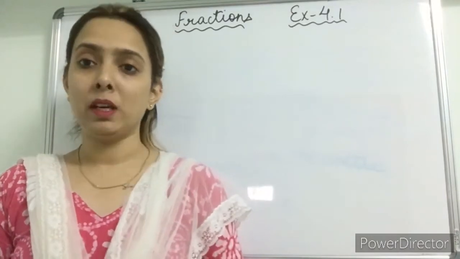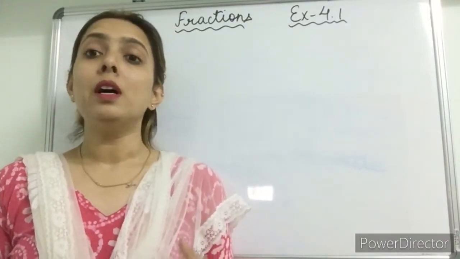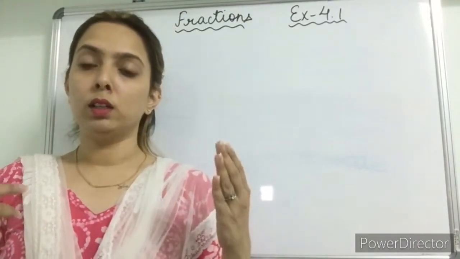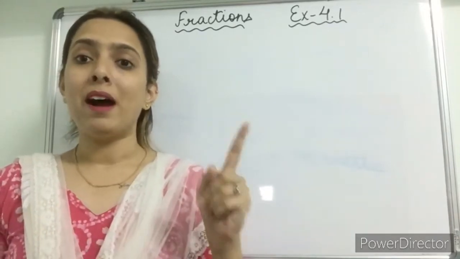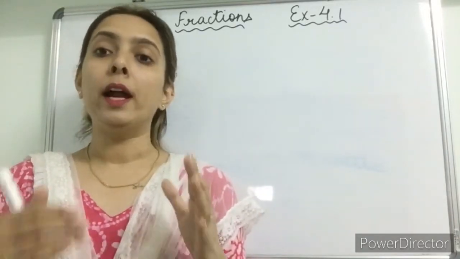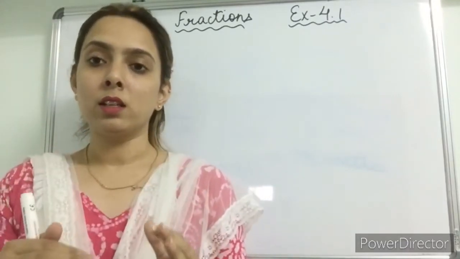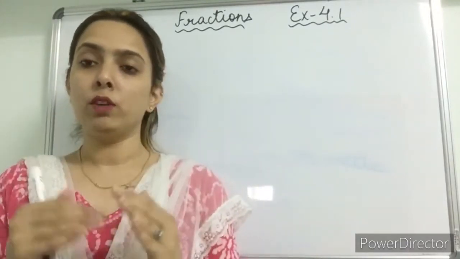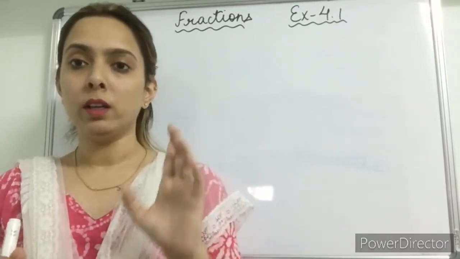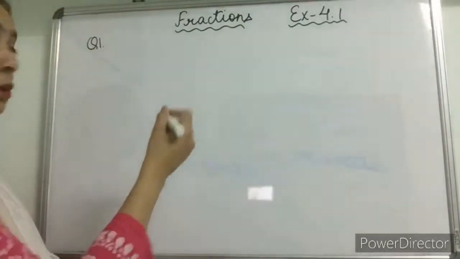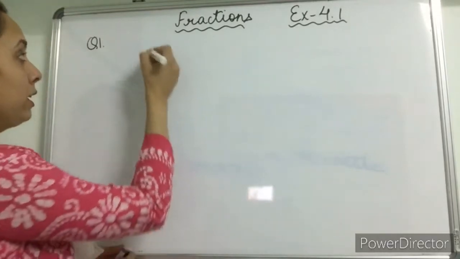Students, simplify means you have to reduce, you have to divide the numerator and the denominator by the same number, and you will get the answer. In that answer, the denominator and the numerator will not be divisible by any one number. So all of you, look here, the question is